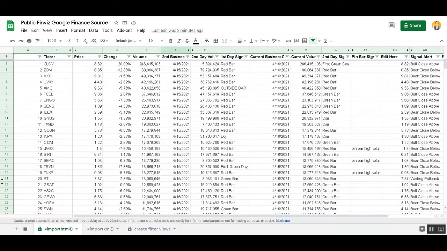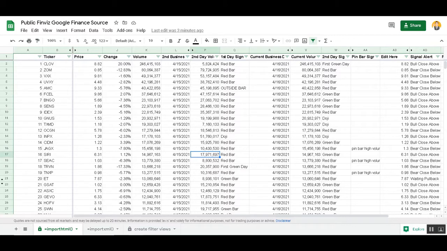In today's video, I'm going to share with you the idea behind using Google Sheets to create a custom stock scanner, so that I can identify stocks or tickers that actually make money. Let's dive in. Okay, as you can see in this Google Sheets, which I openly share in the resources